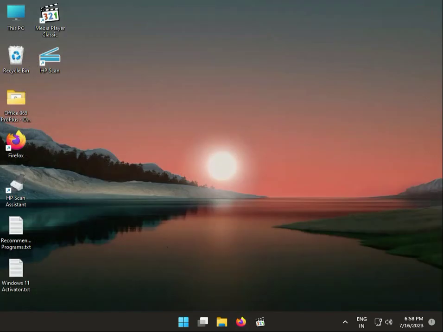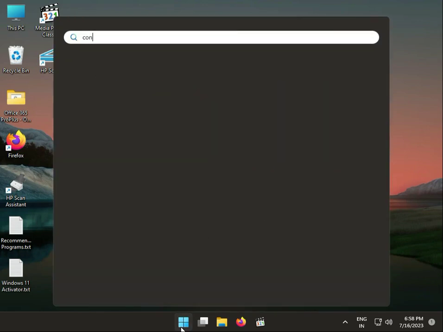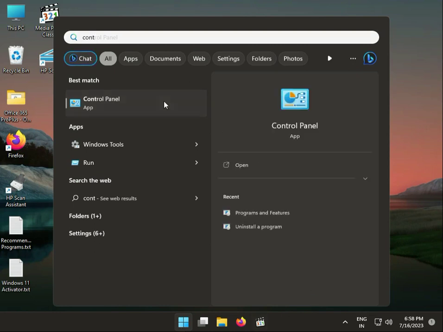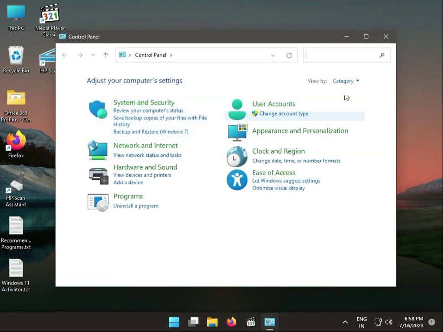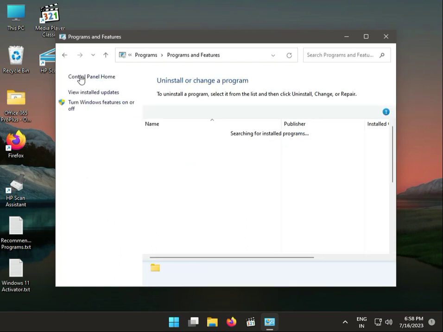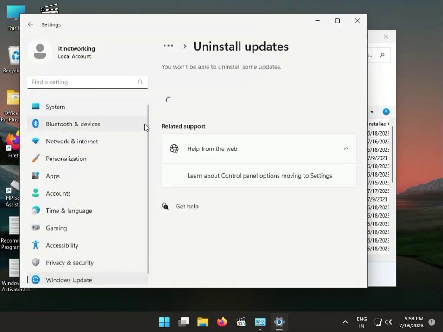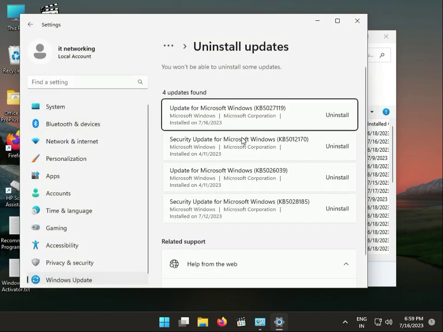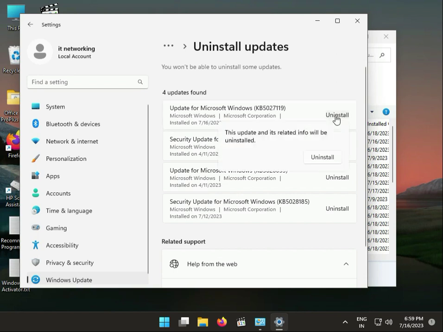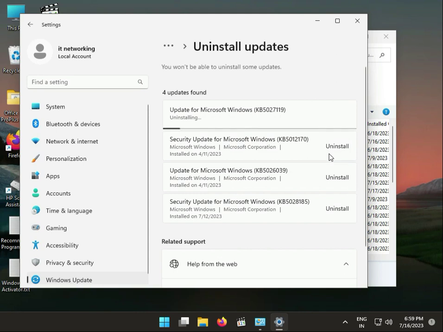next solution guys, the issue is coming from the latest update. So again open Control Panel and I will tell you how to uninstall the latest update. Okay, same category, Uninstall a program and view installed updates. Now you can use the Windows settings. Like this, all updates are installed, you can check it. This one was installed on 16/7/2020, so you can uninstall this. Okay,